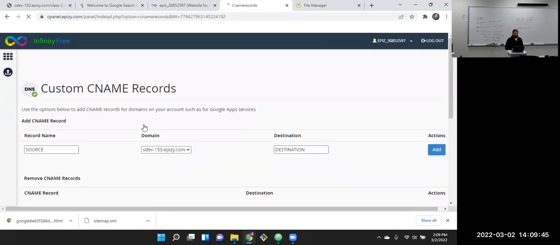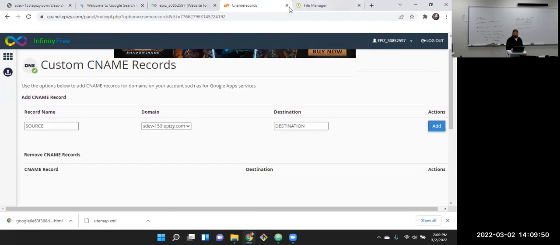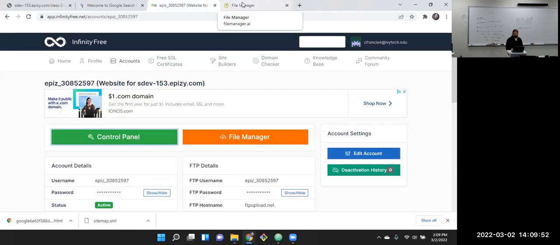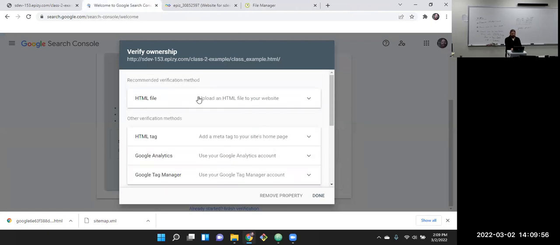We would just go in there and upload that file that they gave us. I think that's what that error message was, but I was just wanting to go over the general process. In the long run, you'll probably go ahead and pay for a domain. That probably sounds